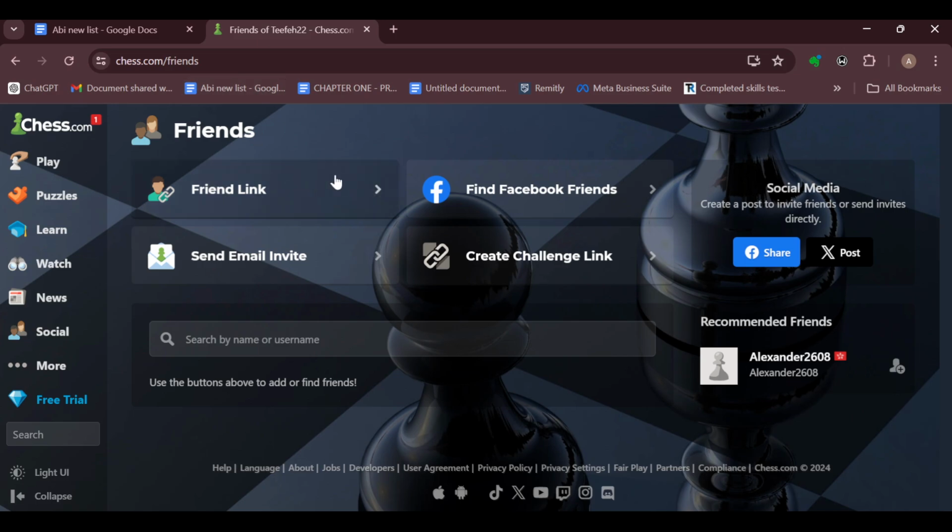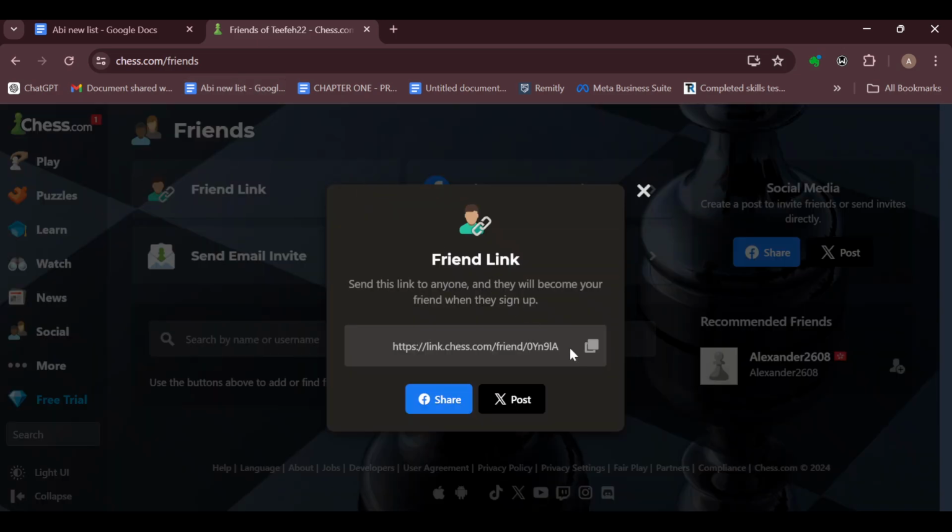So if you want to make it your friends link, just click on friends link and then copy this link and send the link to anyone, and they will become your friend automatically when they sign up, just like that. So you can try to copy the link and then paste it yourself in your social media platforms, or send